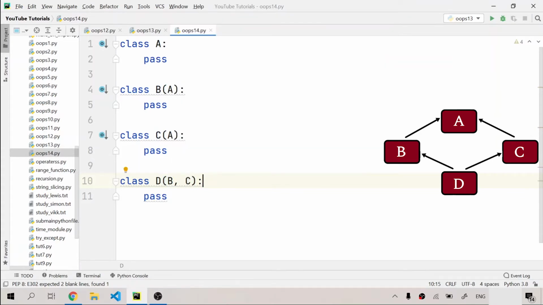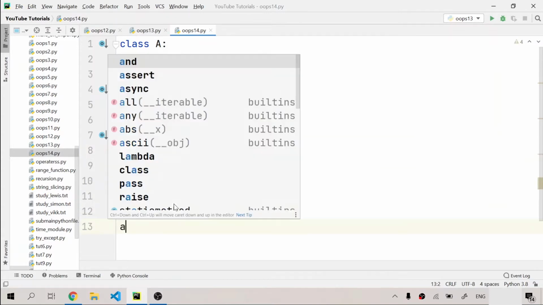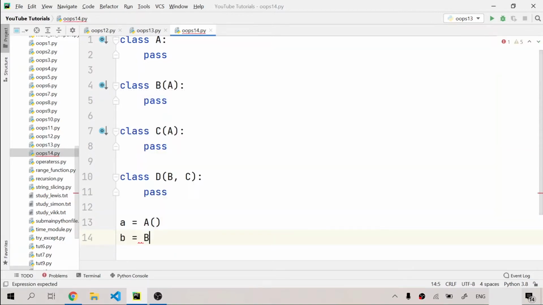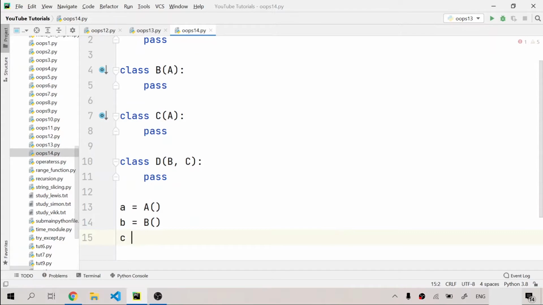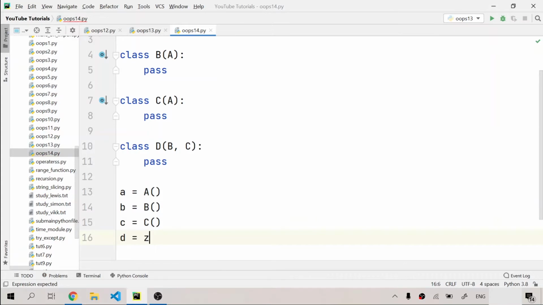And I hope you remember the significance of this sequence right here. If we write C instead of B at the front, it will access the functions of C first, and after that it will go into B and check if there are any functions inside that or not. So after this, we'll make the objects of these respective classes. I'm simply going to name them small a, and I'm going to write a is an object of class A, then b is an object of class B, then c is an object of class C, and similarly d is an object of class D.